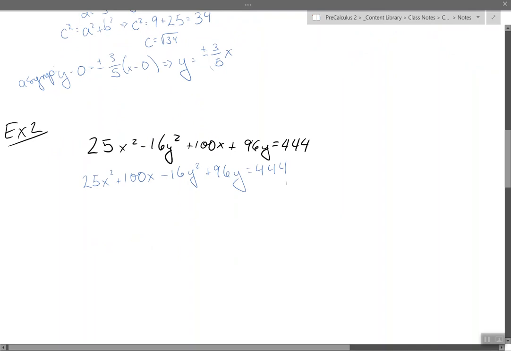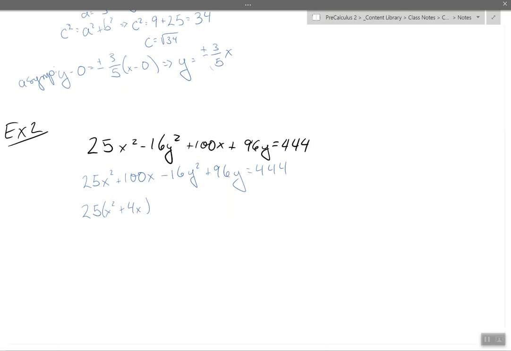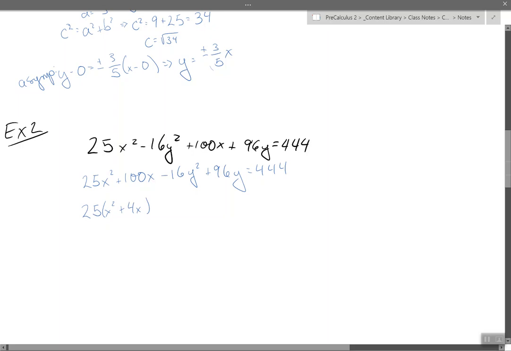So what we want to do is factor out what's common. If you want to pause and take a go at this, be my guest. The coefficients do get big, but you're more than welcome to give that a try. From this second part, what's going to happen here is we need to factor out the negative. So if you paused and tried and you failed on this because you didn't factor out a negative, apologies. The negative has to come out. The leading coefficient on the y has to be 1y squared. So we need to pull out a negative 16, which is going to leave us y squared